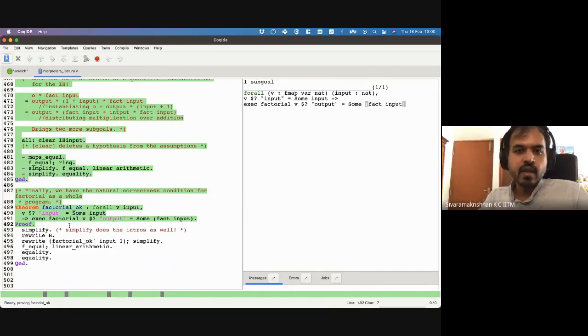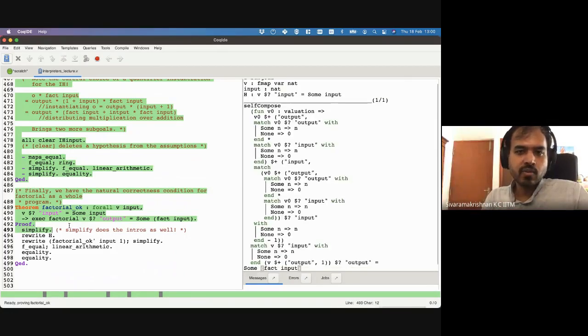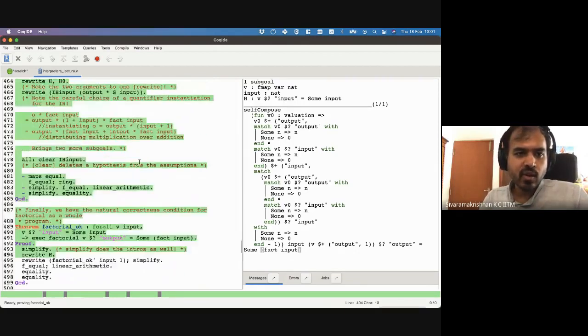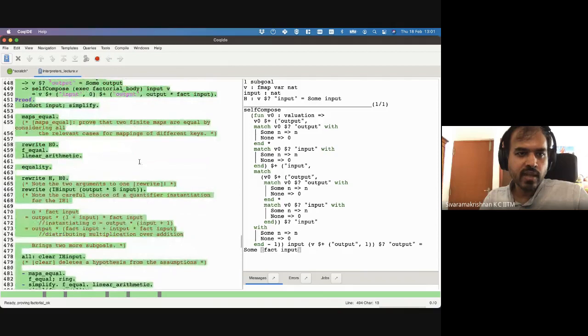So you simplify, which also quantifies all the variables, right? And there is some information about the initial value of input. So you apply that as a rewrite, right? And then what you have here is just an expanded version of the factorial OK, this factorial OK thing that we've defined previously,